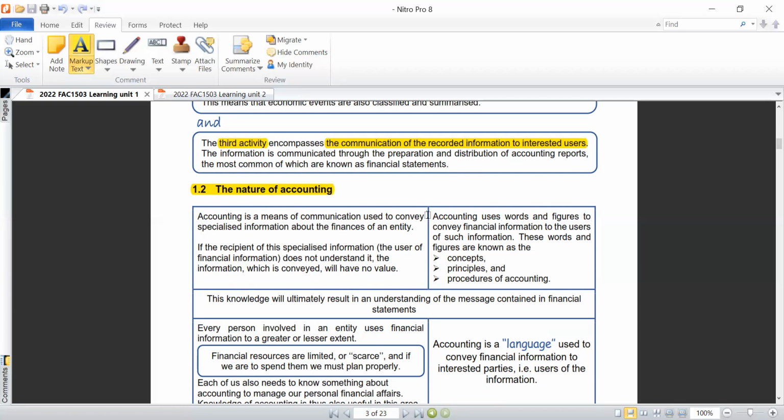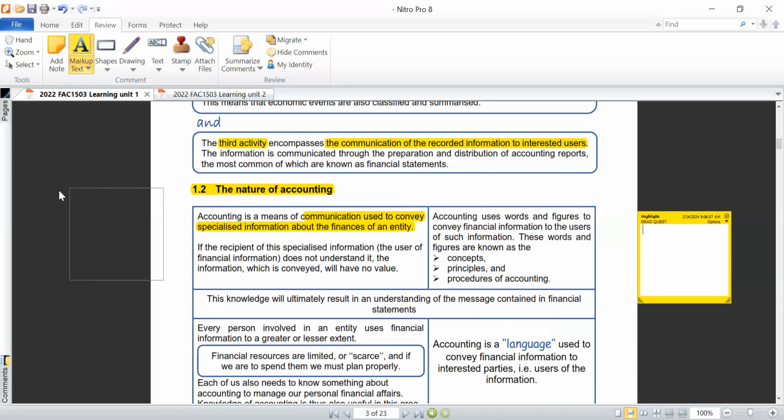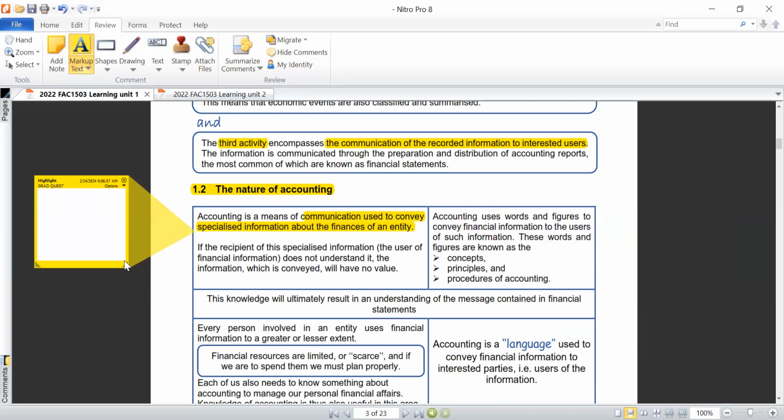So number one, it is a means of communication used to convey specialized information about the finances of an entity.